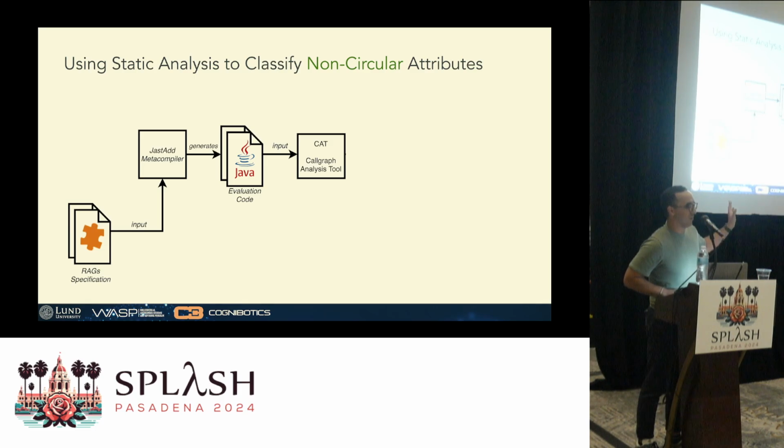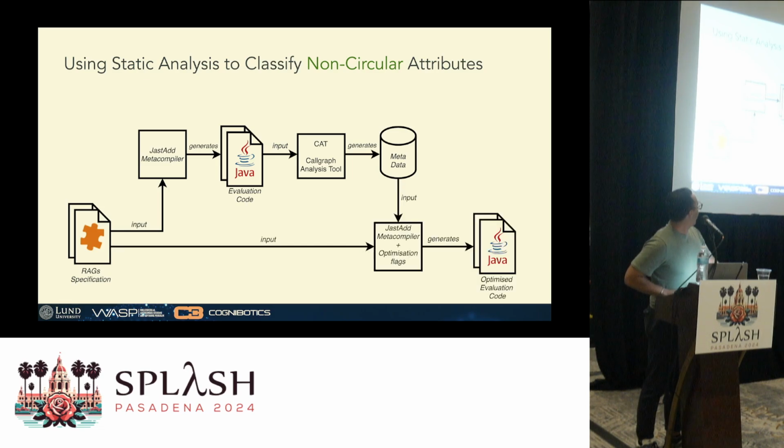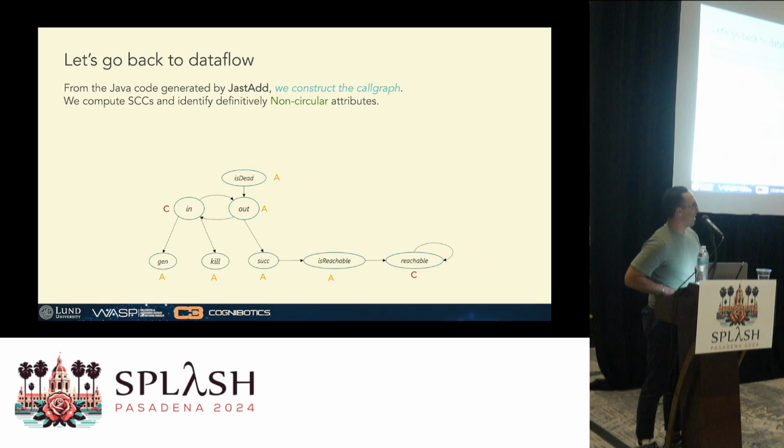From this tool, we'll find out what is circular and what is non-circular. And it will output a metadata file containing the classification of all the attributes that are non-circular. And then we pass it again to the same JastAdd meta compiler plus some flags that allow us to read this metadata file. And we generate the optimized evaluation code. So going back to our example,